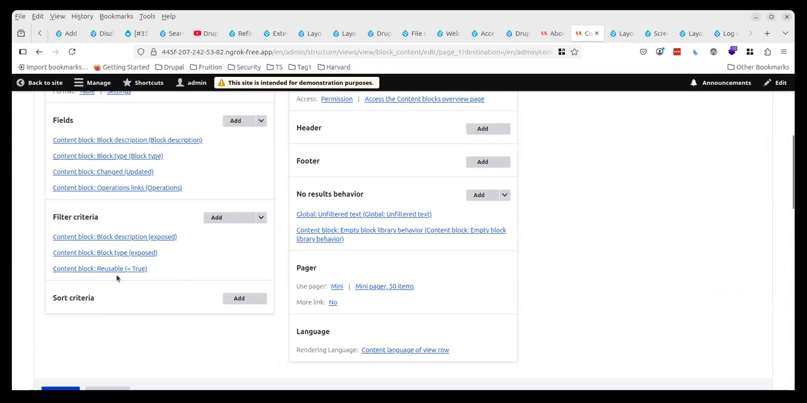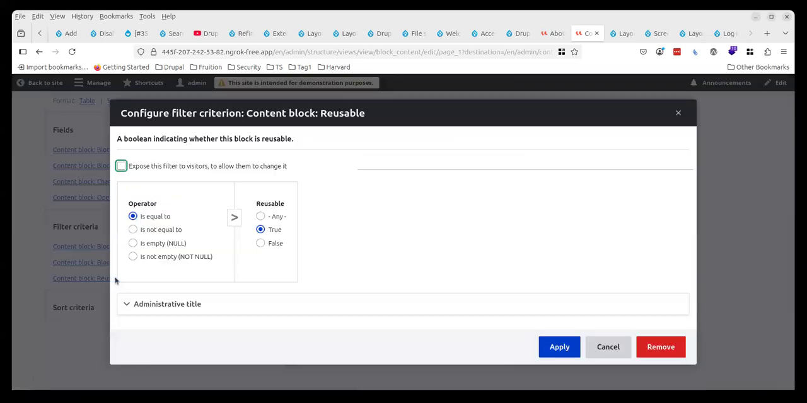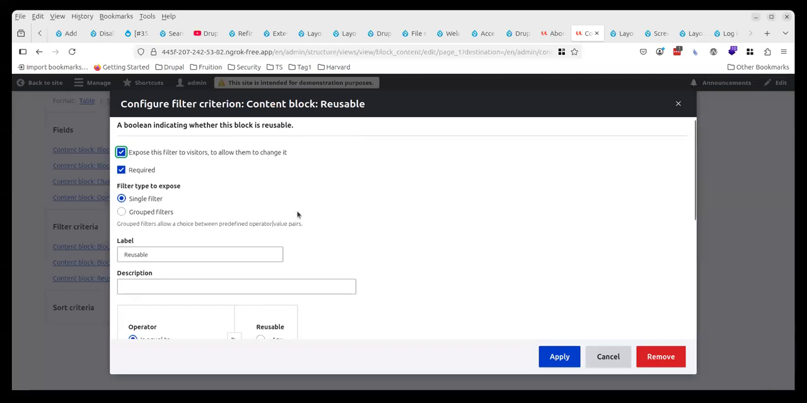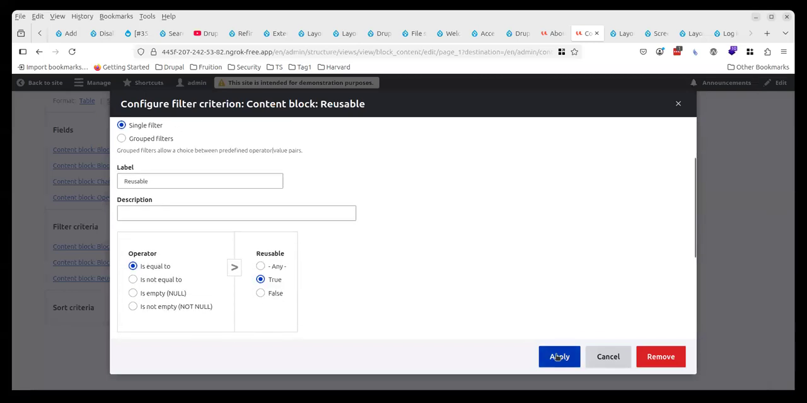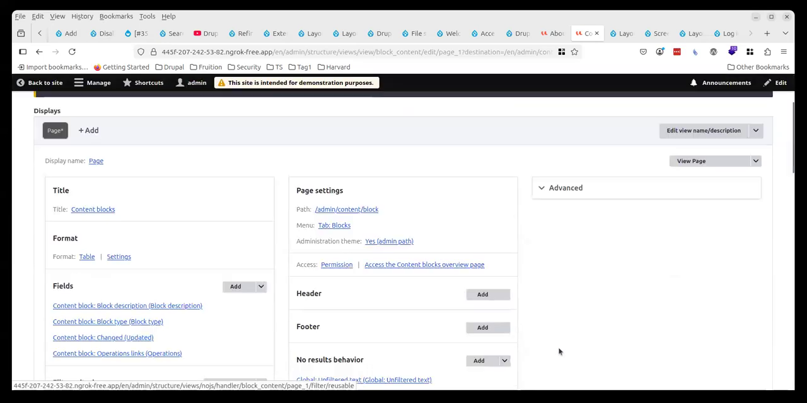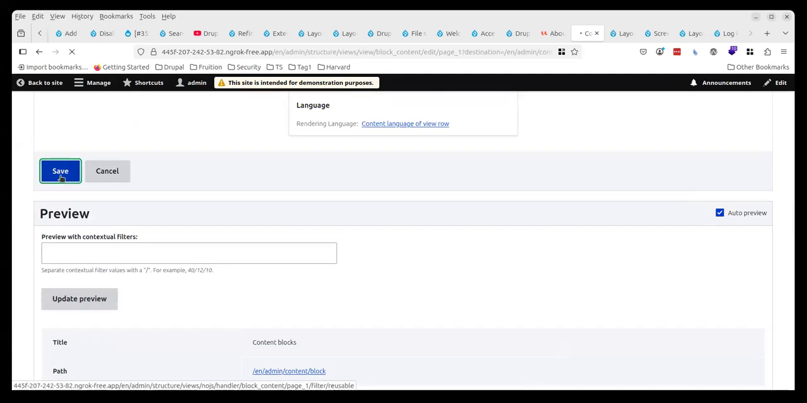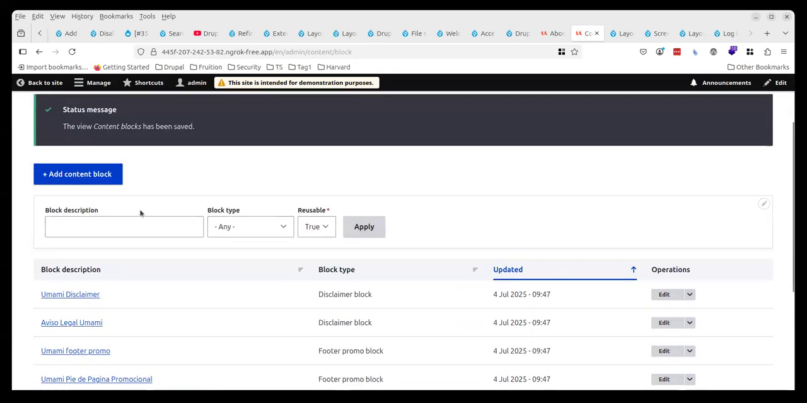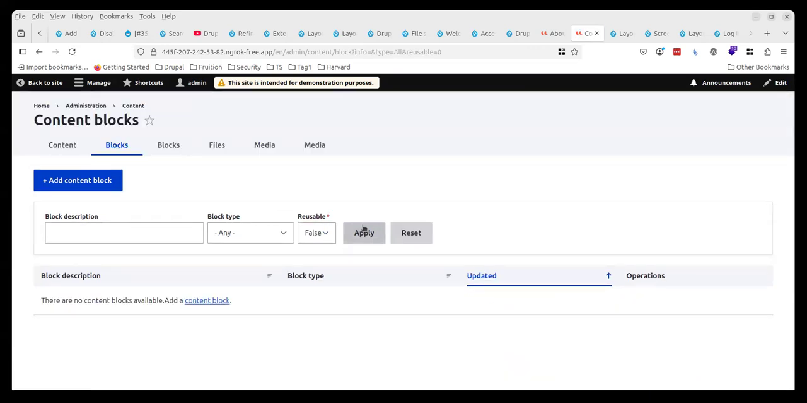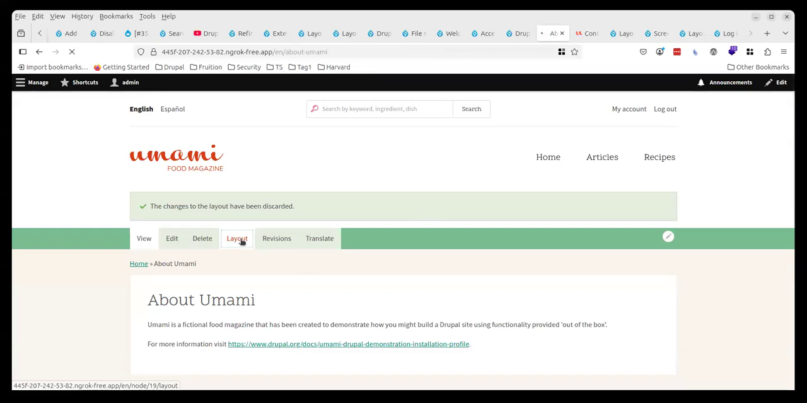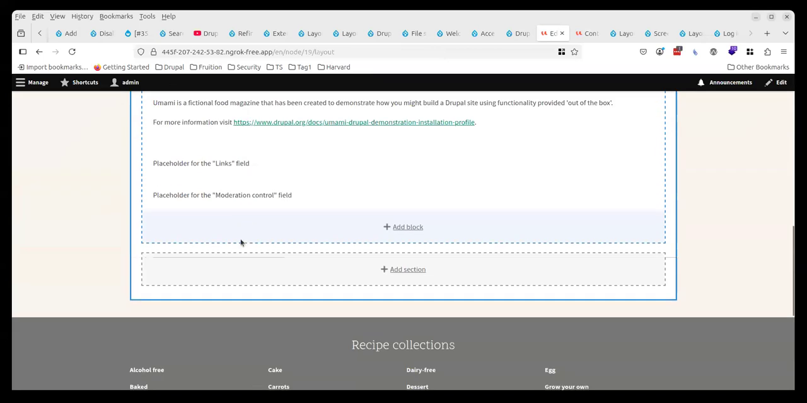By default, that view only shows reusable blocks, it does not show the inline blocks created in Layout Builder. But of course, since it's a view, you can change that. And that confirms that the block I added has been lost. Whereas if I were to save that,